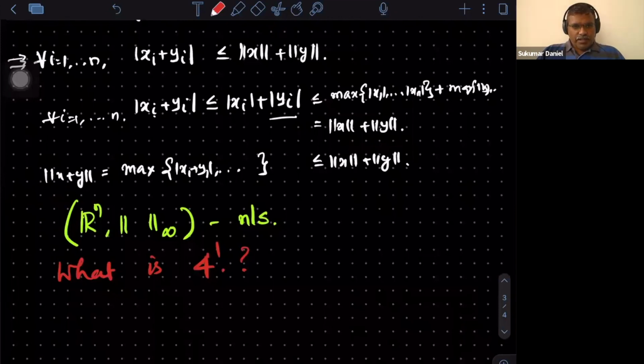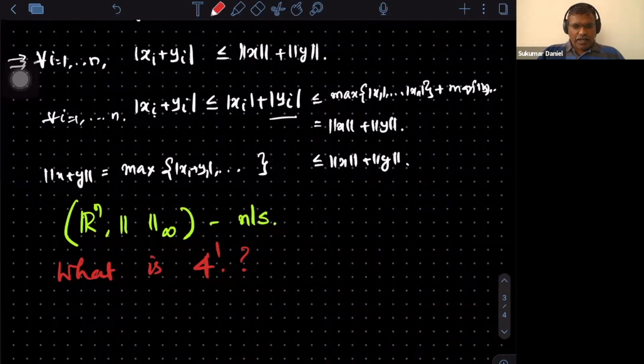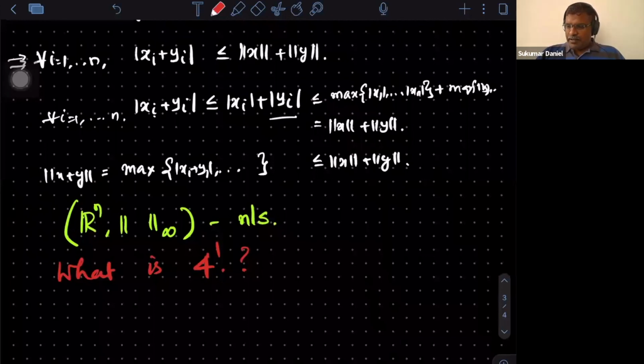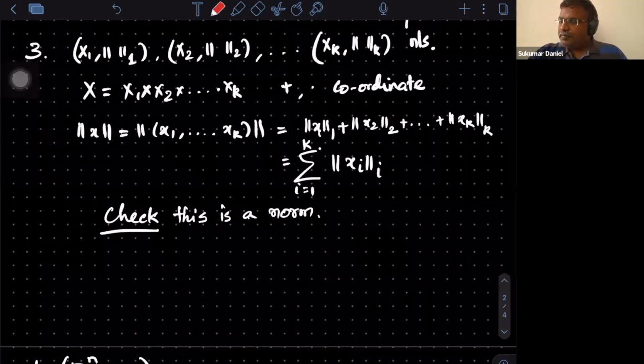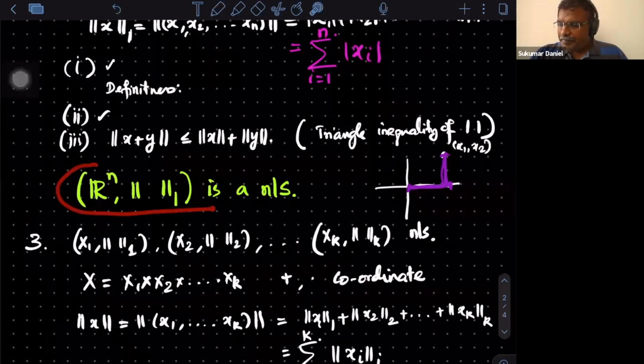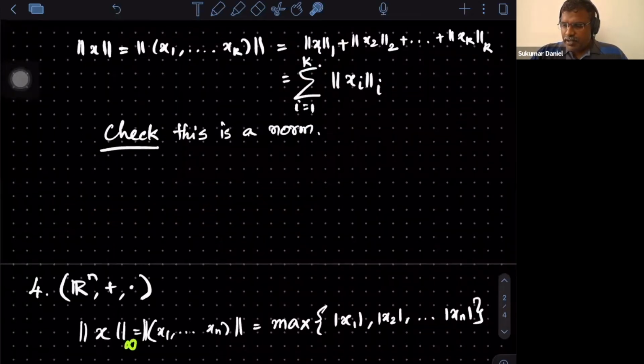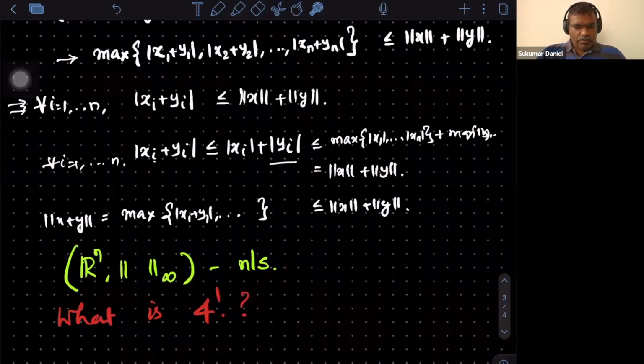So the first question is, can you see that on the same vector space we can have two different norms? Because in Rn we have already defined a one norm, which is through taking the summation of all the coordinates, and now we define on the same Rn the maximum of the coordinates. So on the same vector space you can have two different norms.